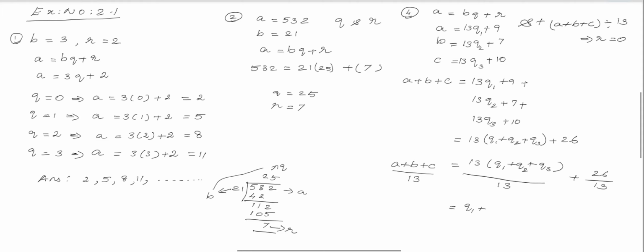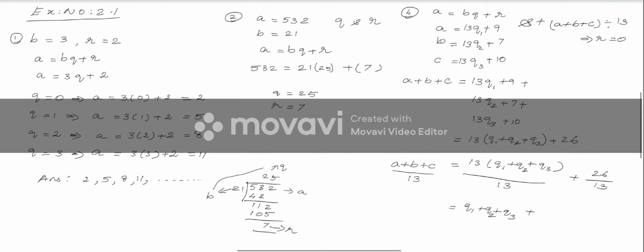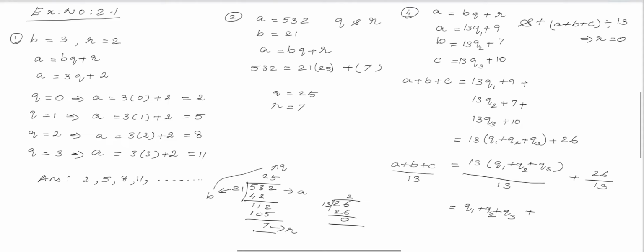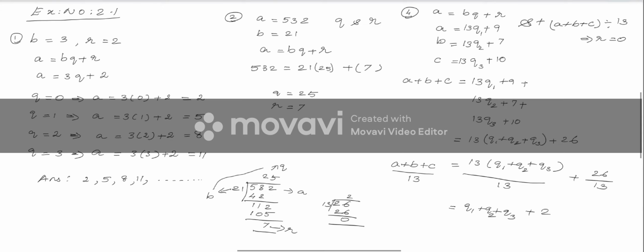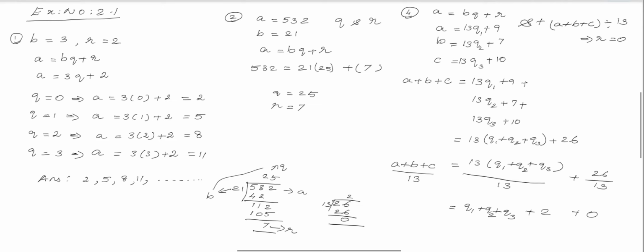And now what do you get here? It is Q1 plus Q2 plus Q3 plus, and when you divide this 26 by 13, what do you get? In two times table you are getting 26. Am I right? Your remainder is 0. And now when you simplify, you will be writing 2. And what do you mean by this 2? This 2 is not a remainder, it is the quotient. While dividing 26 by 13, we are getting the remainder as 0. So that will be your remainder, that is plus 0. And this 2 will be considered as quotient now.